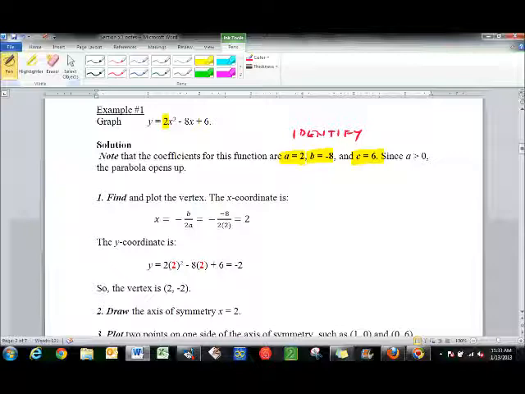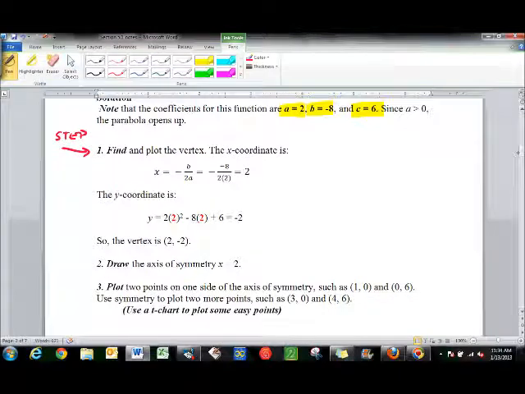So as we look at it, before we even start to graph this, we should have some sense of what it's going to look like before we even finish. Now, as I look at each step, I've got them labeled 1, 2, 3, and 4. We're going to take this step by step. And so the first thing that we're going to want to do is find the vertex. Remember, the vertex is a point that we need in XY form, and we're going to use our formula that was given to us,